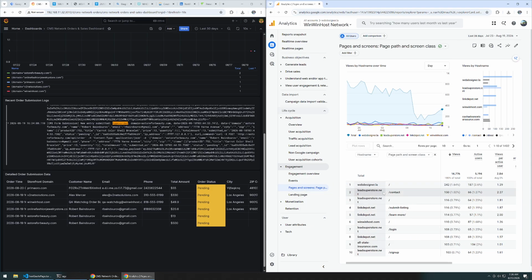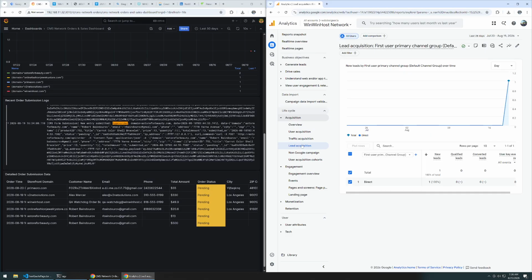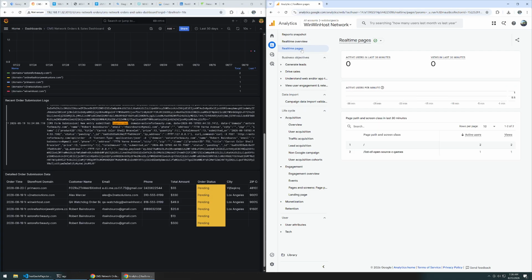I can see per domain and URL where my traffic is happening, and I can also see the lead acquisition. That's all wired up. So this is an awesome redundant system.